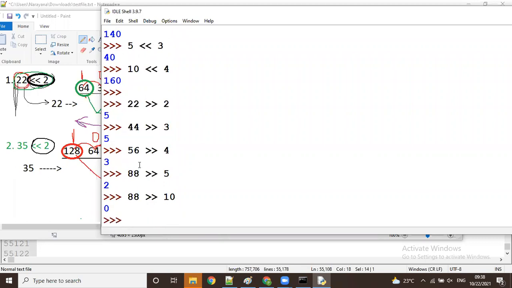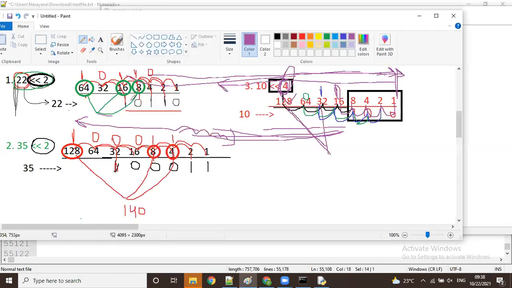Why 0? Because the value is going to the right side, guys, and the right side has a limit, a specific boundary. What's the boundary? 1 is the boundary. We can't go behind the 1, we can't go backside of 1. 1 is the last one. But on the left side, a lot of values increase, right? You can see 2 examples, understand, guys. I take the same example, 22 shifted by 2. It's already done for the left shift, and for the right shift I do the same example. Let us see how it executes.